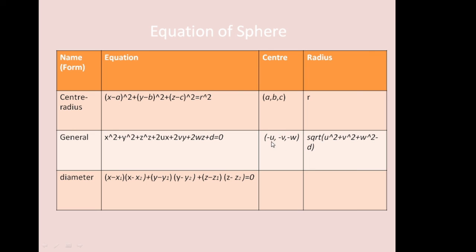The center is at the point (minus u, minus v, minus w), and this formula gives the radius of the sphere. Third one is the equation of sphere in diameter form. Solving this equation, we will get the equation of sphere in general form. And using these two formulas, we will easily calculate the center and radius of the